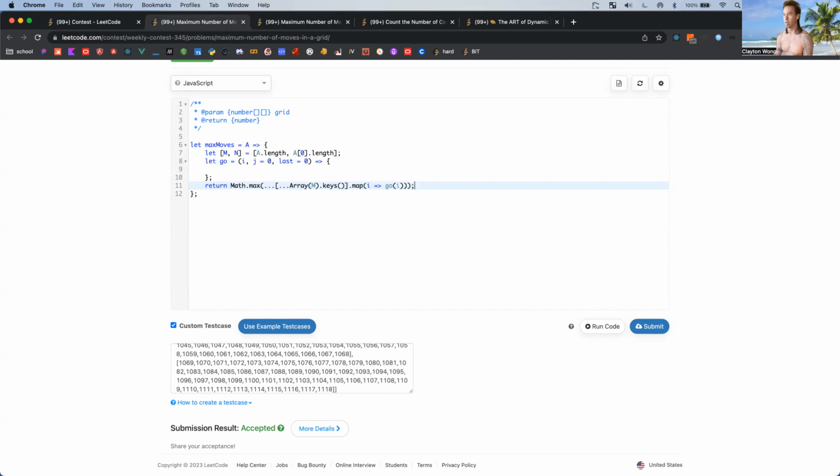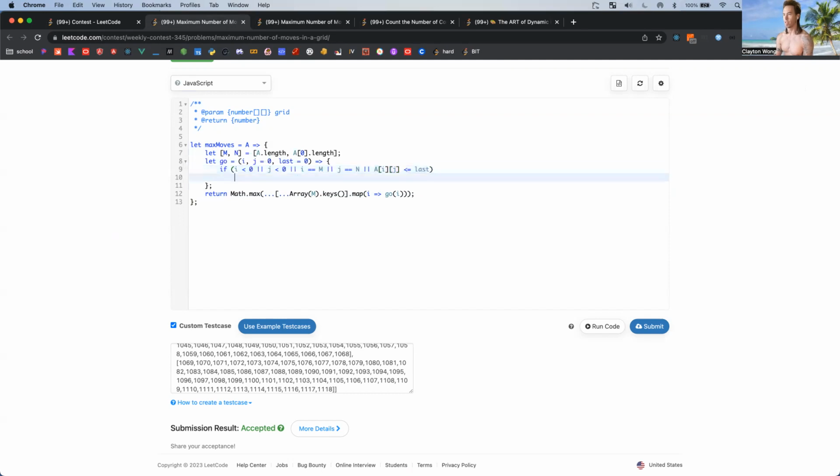Okay, so if i is less than 0, or j is less than 0, or i is equal to m, or j is equal to n, or a sub i sub j is less than or equal to last, return 0. Best equals 0, return the best in here, maximum